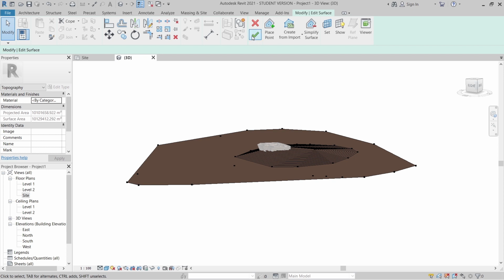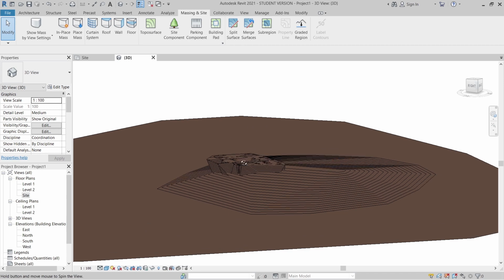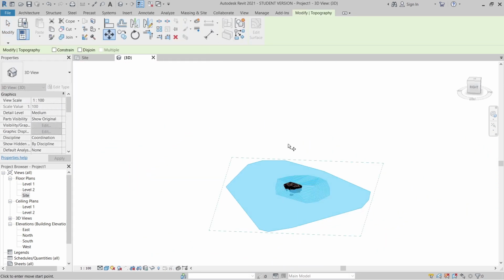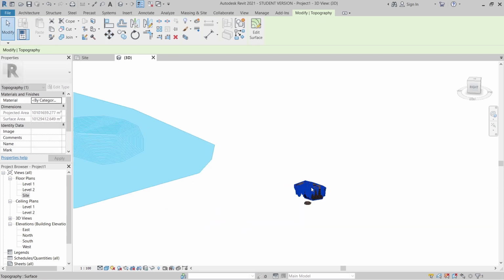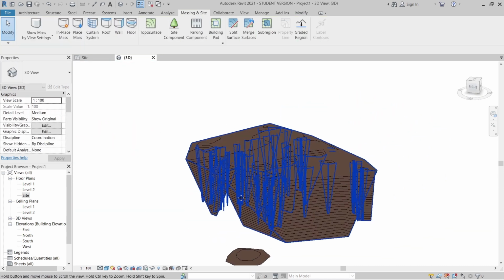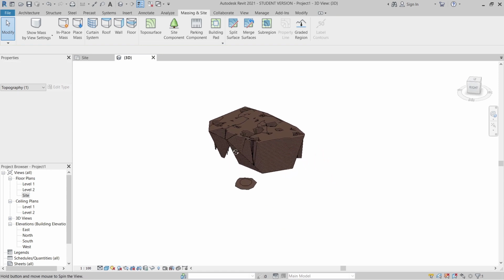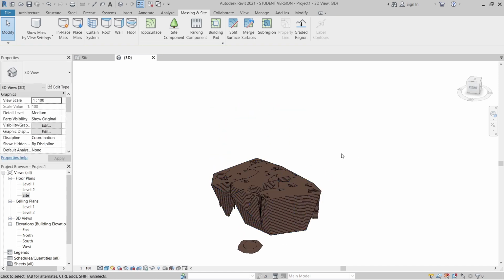Okay, so here I just hit Finish. I think we talked about this topic already, as you can see here. Then I can move it, and of course I can assign a new material parameter also. Actually I just like it here. Then I take a look at my Properties panel. I can go to Material and import all my materials there, but I don't want to import that. Okay, that's how we can create our topo surface and import our topo surface from an image, CAD, and survey points in Revit.